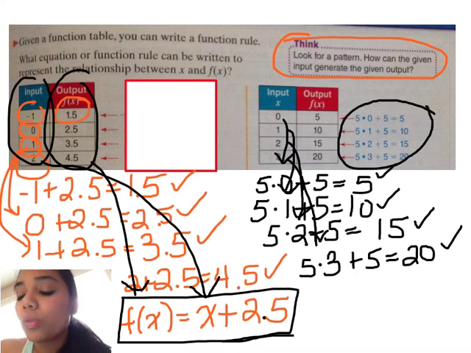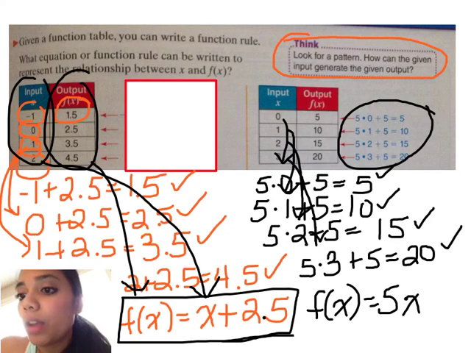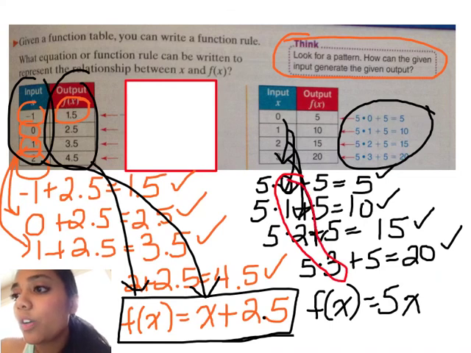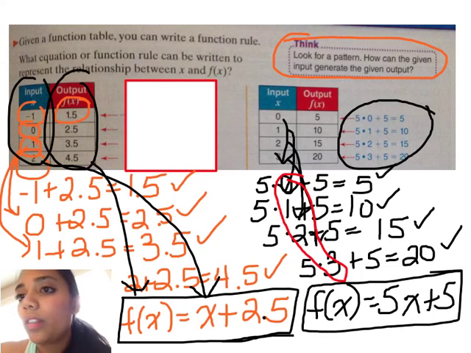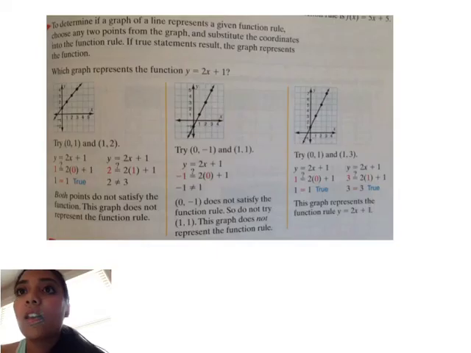So to write my function rule, I would have f of x will equal 5 times x, because these numbers are your x values, 0, 1, 2, 3, and then I'm going to add 5, 5x plus 5. That would be my function rule. Okay, so to write a function rule, it's a little bit more tricky. So you have to look for a pattern. How can the given input generate the given output? Okay,